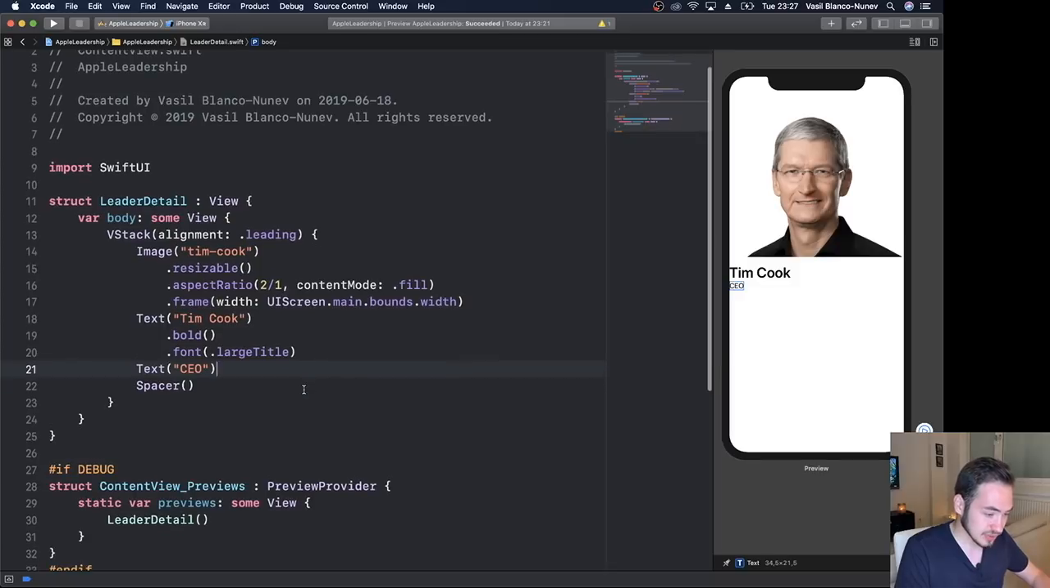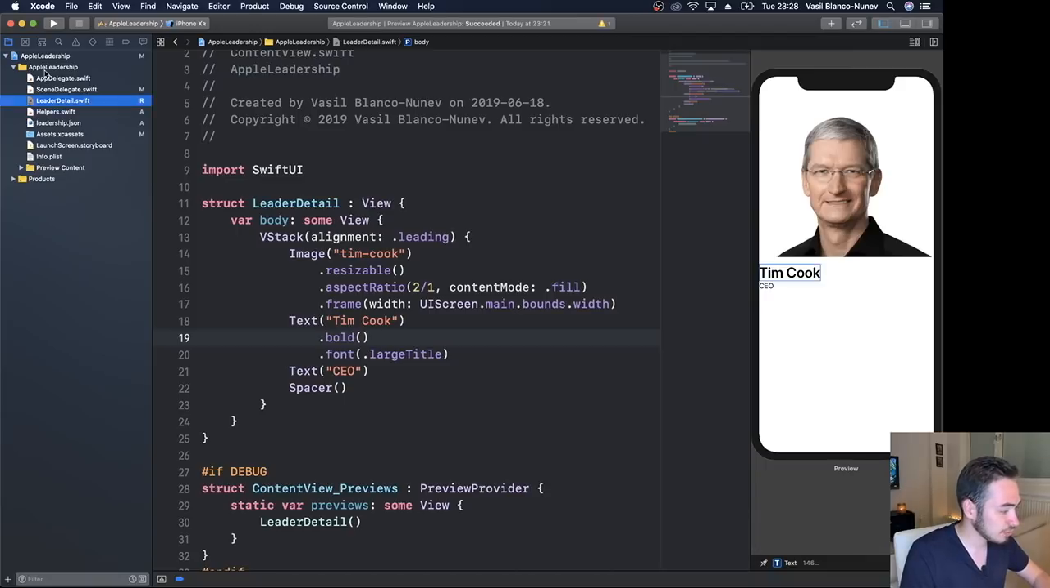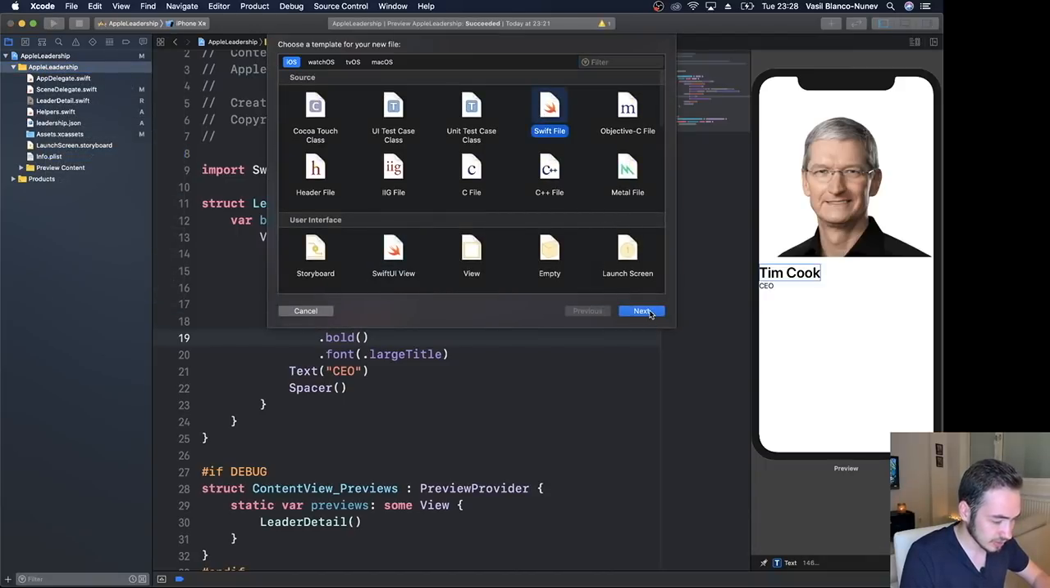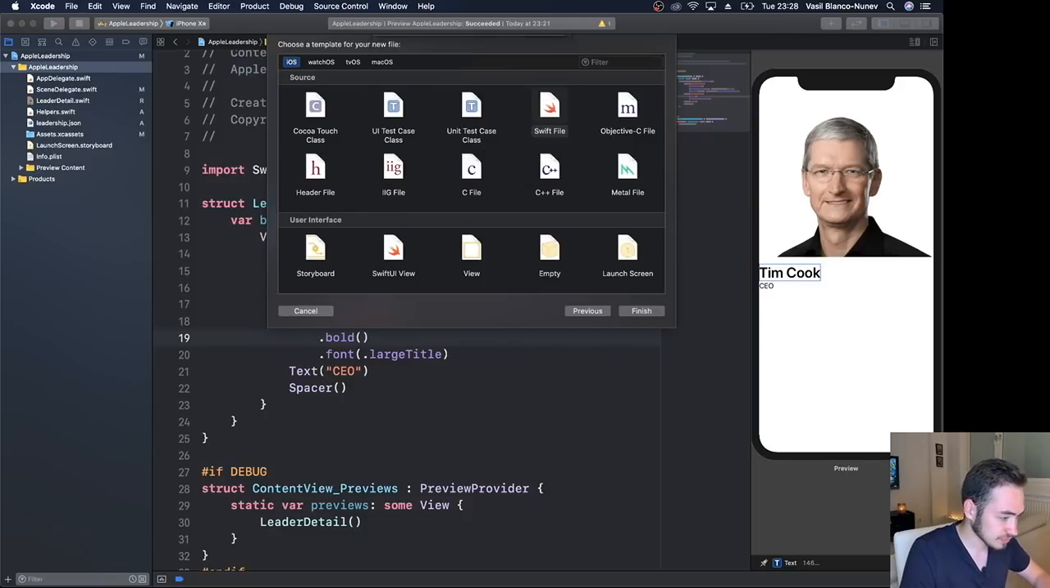All right, let's continue. Now, it's nice what we created. However, it uses hardcoded values, and you'd like to actually implement something that will use your data to fill up the views. So to do that, we will create a new Swift file that's called Leader,